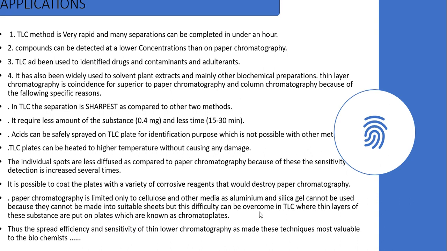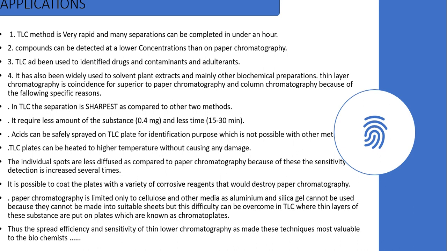But this difficulty can be overcome in TLC. Thin layers of these substances are put on plates which are known as chromatoplates. Thus, the speed, efficiency and sensitivity of thin layer chromatography have made this technique most valuable to